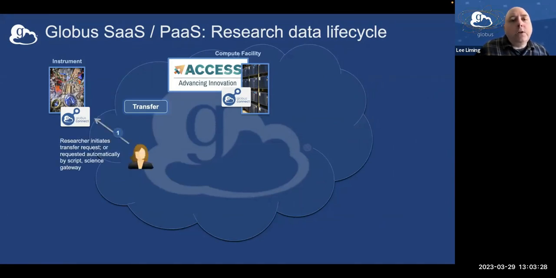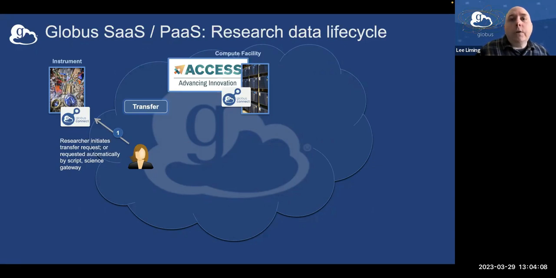The idea is that there is a researcher, probably somebody at your institution, who has data in their laboratory or data that they've produced on their systems that they need to move somewhere in order to do some processing or analysis or introspection on. And so the first thing that they need to do is to get the data from wherever it was created, which might be somewhere at your institution, or it might be at a different institution that they're partnered with,